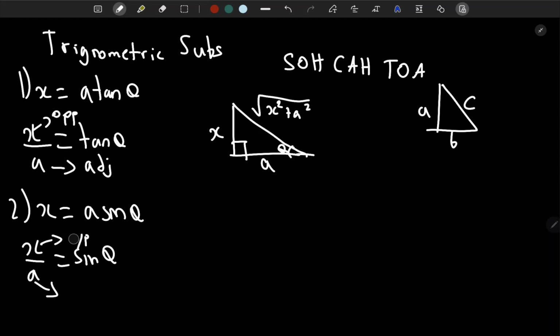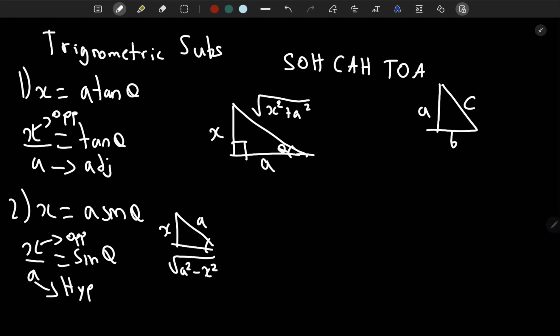Oh my bad, so this is opposite and this is hypotenuse. So now if we calculate the missing side quickly, this is opposite, so x, hypotenuse is a,